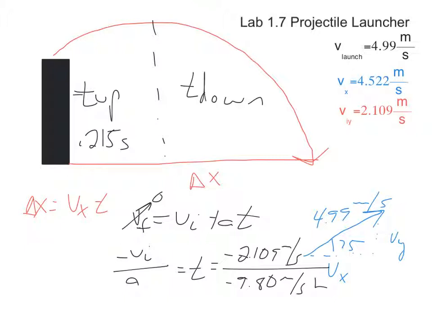But now I'm worried about the time that it takes to go down. And just like I did in the first part, I can use my special case equation for that. But in order for me to do that, I need the new height that's right here. So the object went up, and now it's going to go all the way down. So my special case, I need to account for this